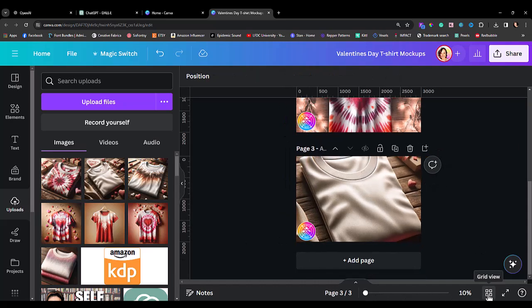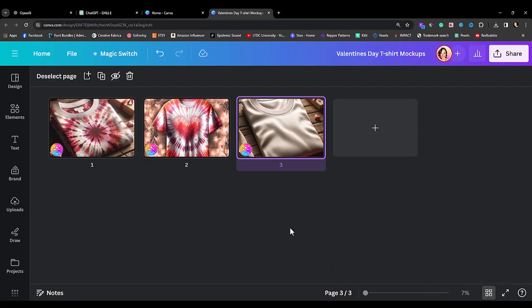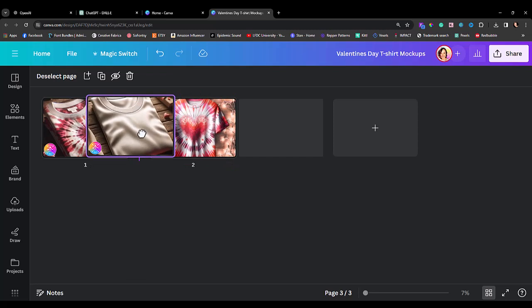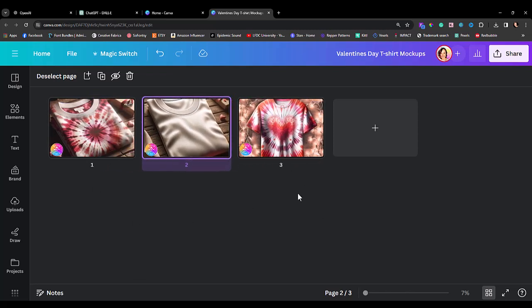Okay, let me click on the grid view here and you can see the mockups that we have. So right now we have these three. I actually want to move this one over here. Just aesthetically, it's bugging me that these are too close in color. I know I'm really silly about it, but that's how I am. And so these might be three of my listing photos that I use for every single Valentine's Day image that I use. And then I just kind of alternate between them so that my Etsy store or whatever store doesn't all look like the same shirt